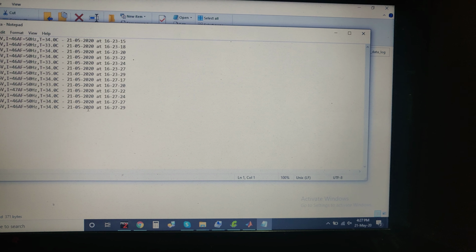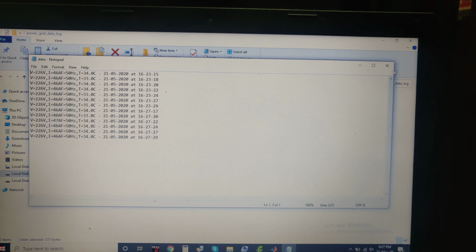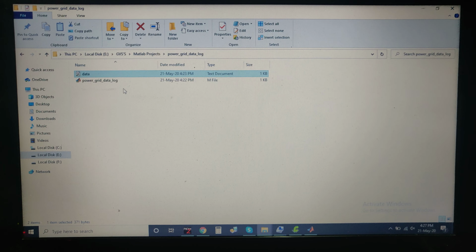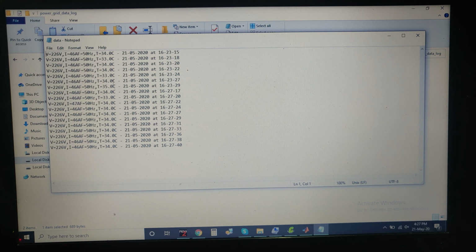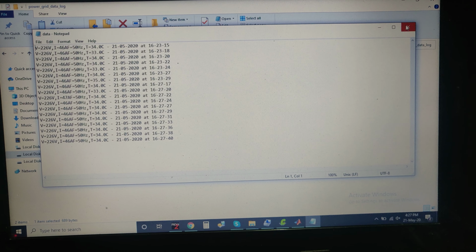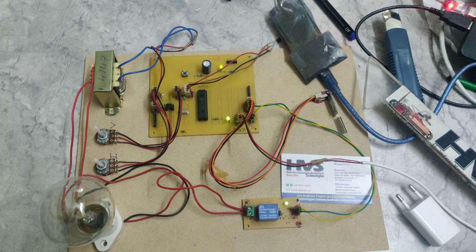As you can see, this time 427 and 427. The data refresh will be done, so just refresh it and open that, and we will see the whole data. This is the data logging to the MATLAB section, and here also you can see this whenever